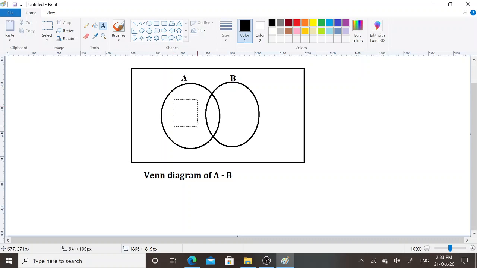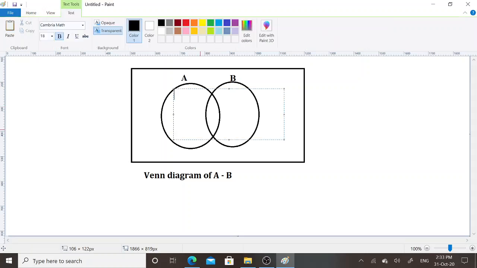Here in set A I will include 10, 11, 12, 13, 14.